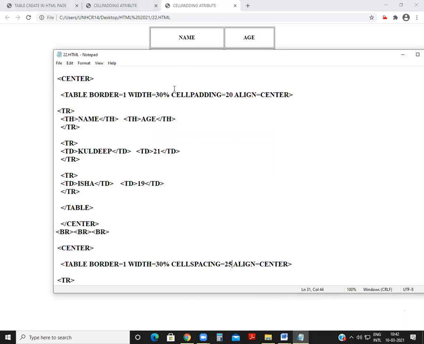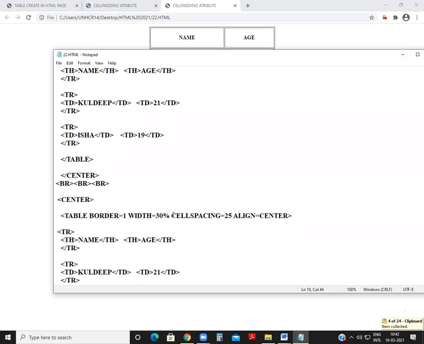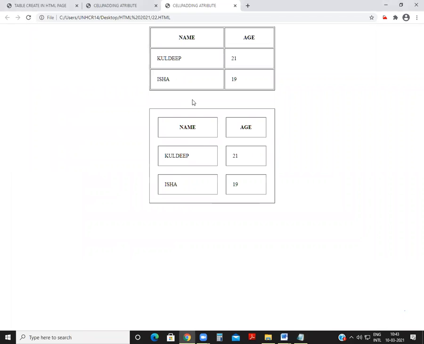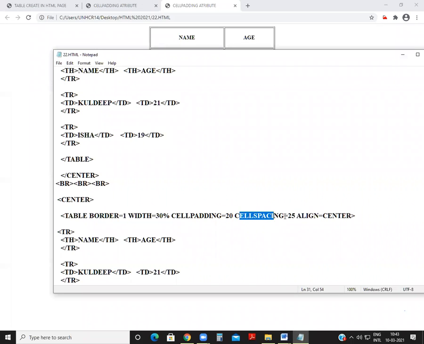Is it okay? You can use the cell padding also with this. Like I want cell padding also and cell spacing also. See, the table is the same, but this is the space. The space between the cell and this line is increased only because of this cell spacing.